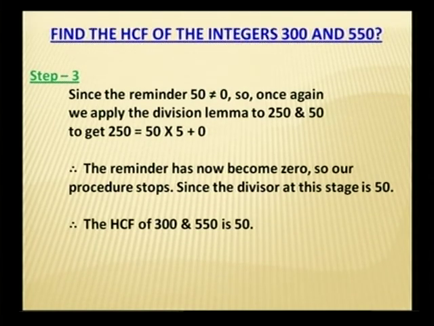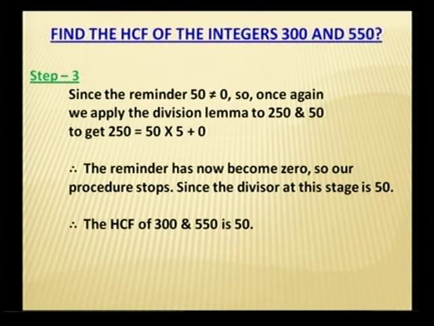So if we see here we got 0 remainder, then there is no need to proceed with this process. So let us stop our procedure here only because we got remainder equal to 0. So this is the method that we use to find the HCF of two positive integers. So here we can say that 50 is the HCF of 500 and 550 and 300 because here 50 is the divisor. Okay. This is the process to find out the HCF of two positive integers.